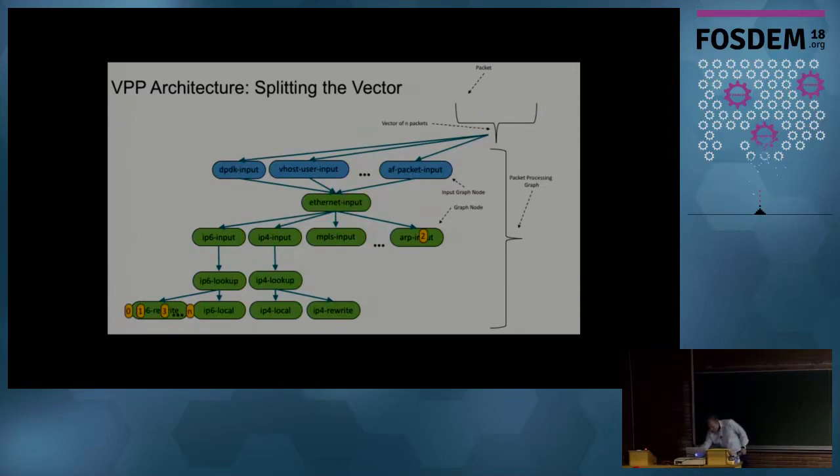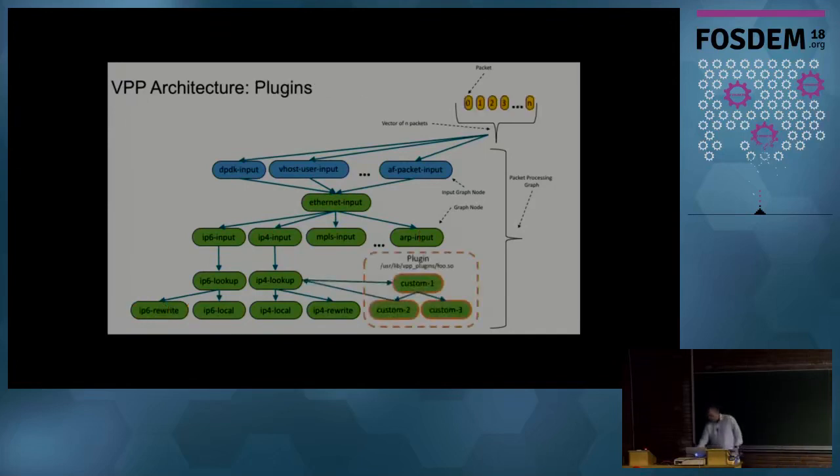So that is what we do to process packets. Of course, you may have vectors that do not go through the same path in this graph. Like here, you have a packet which is an ARP packet. Of course, this packet won't go here. So we are not saying that all packets have to go through the same path in this graph.